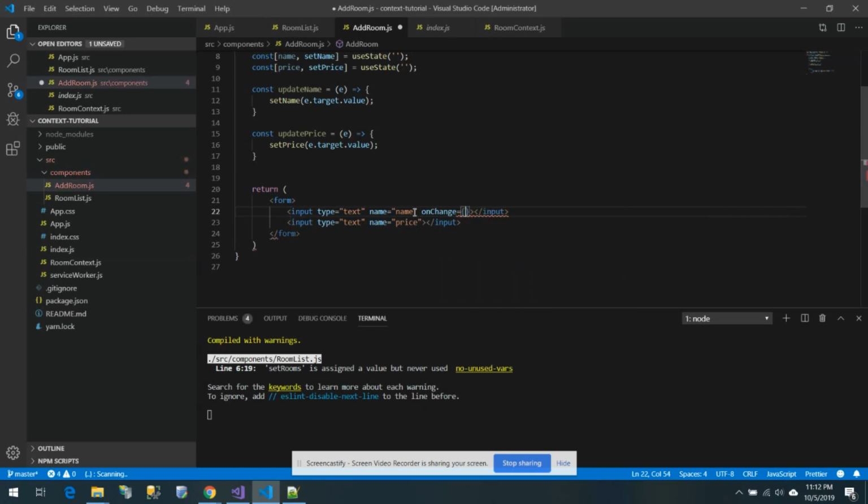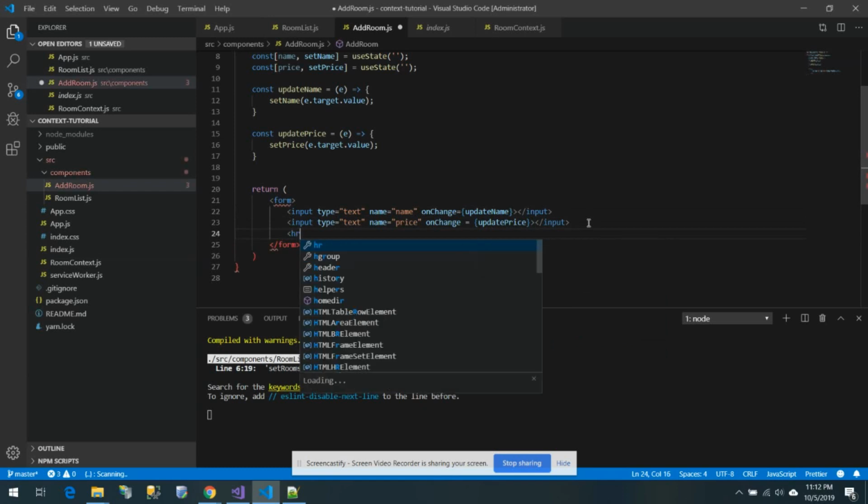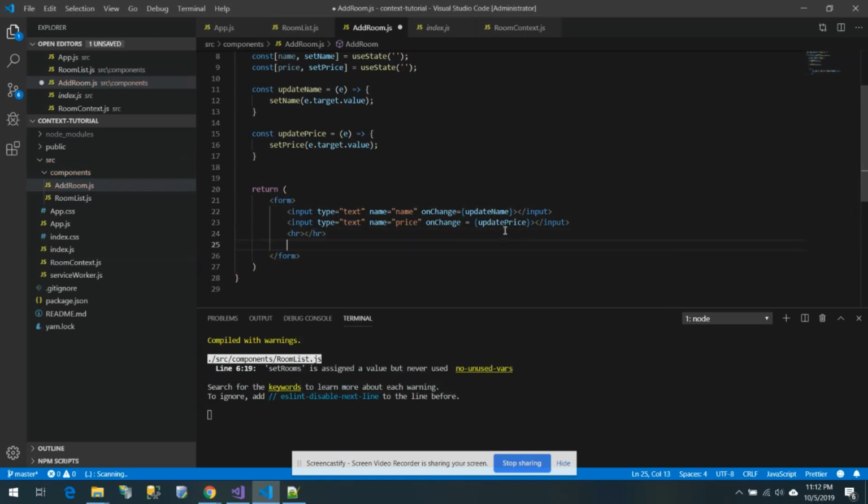Okay, so on sense should be update, this one would be update name. And on sense for this one would be update price. Okay, so now we need a button. So let's just put a hr to separate that, and let's use button and name this one as submit or